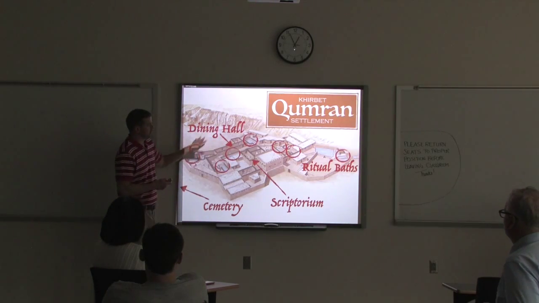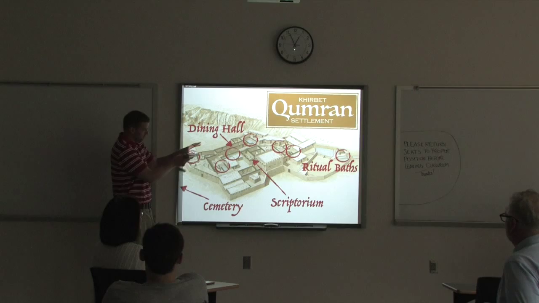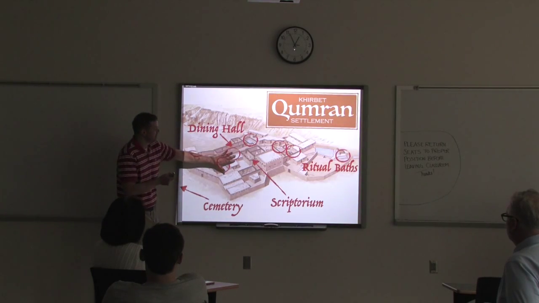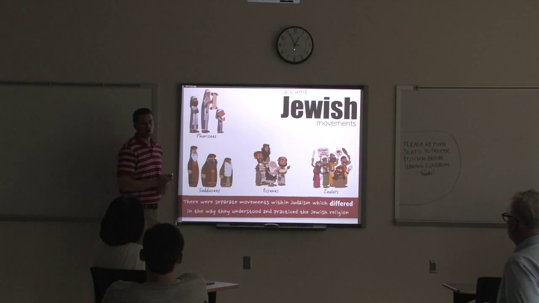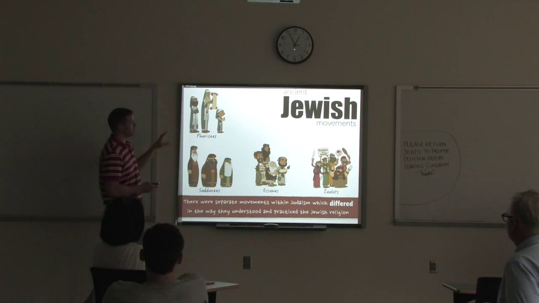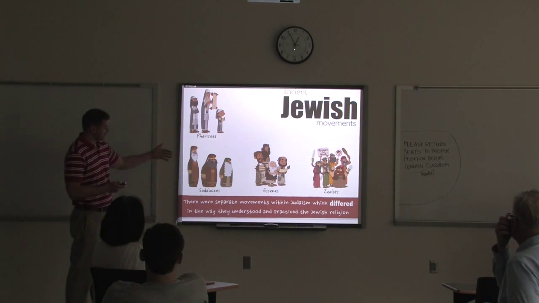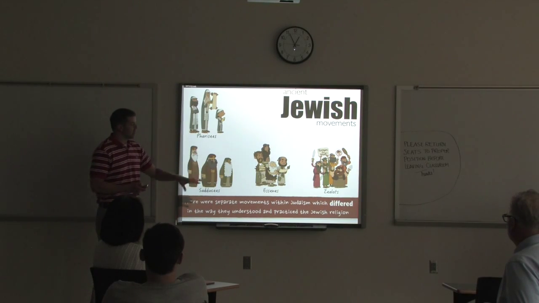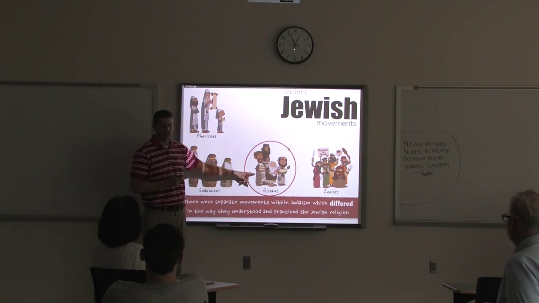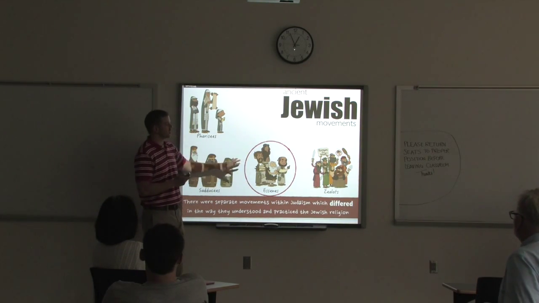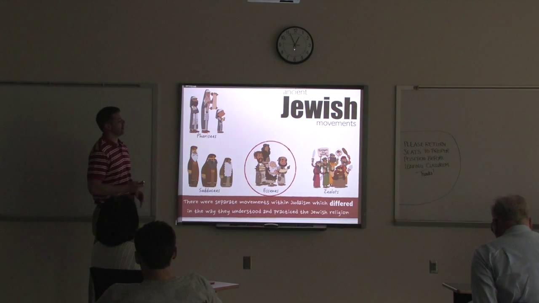This is the kind of settlement that these people were living in, and we noticed possibly a connection between this group and the scrolls that were discovered right below them. Now, who were they? Well, there are lots of different options of who they could have been. The Pharisees, the Sadducees, the Essenes, the Zealots. These are different groups that existed in the first few centuries. Well, most, though, identify this group as the Essenes. So the Essenes are the group probably responsible for these texts.